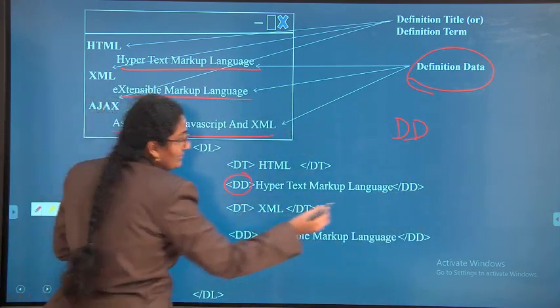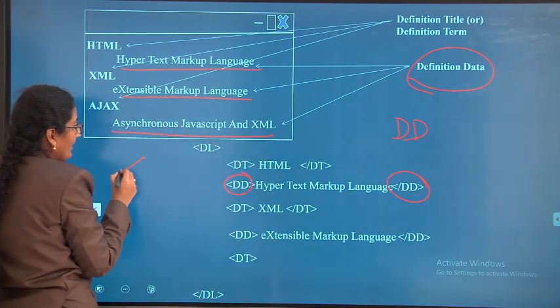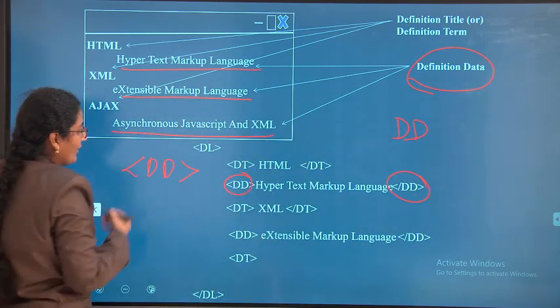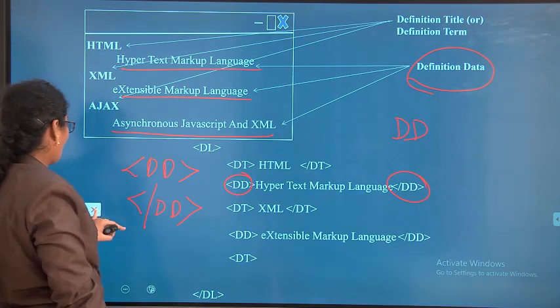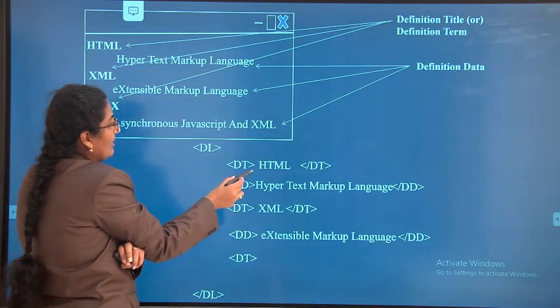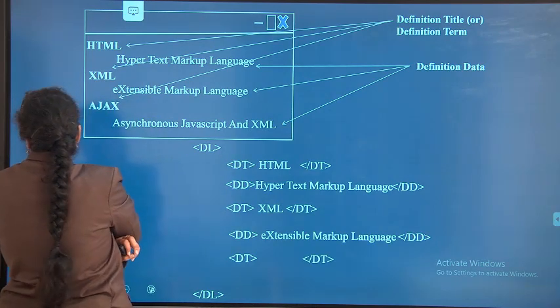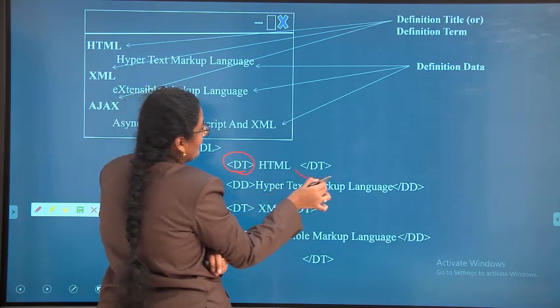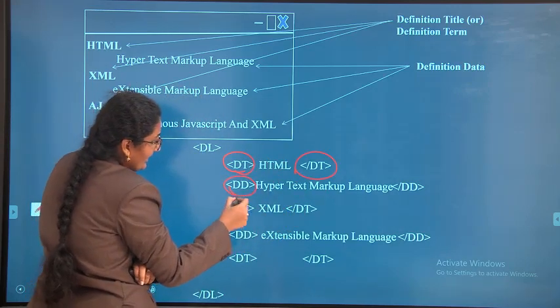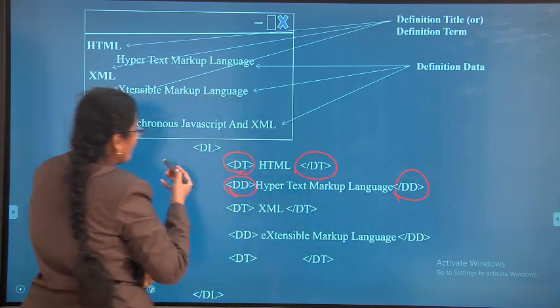So DD open, DD close. Definition data tag open, definition data tag close. Definition term open, definition term close. Definition data open, definition data close.